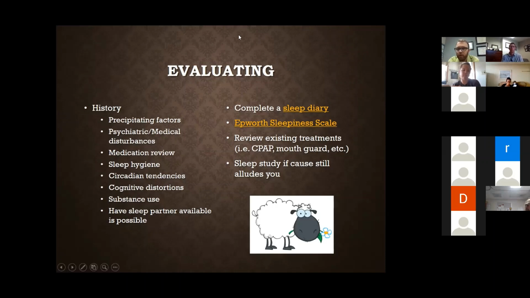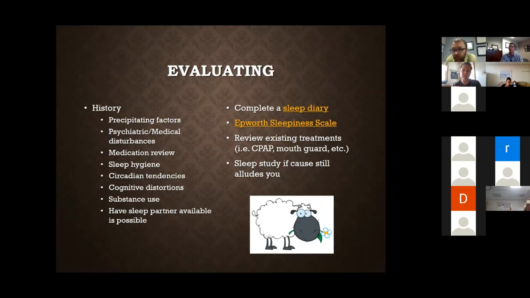And so if you take a look over here, this highlighted one, the Epworth sleepiness scale, has just a few questions you can ask. It would take less than 10 or 15 seconds to ask, I think there's like 3 or 4 questions. But you can ask just some general questions, just get a quick snapshot. And if they are having problems, you can refer to this history list here and start asking a little bit deeper questions.